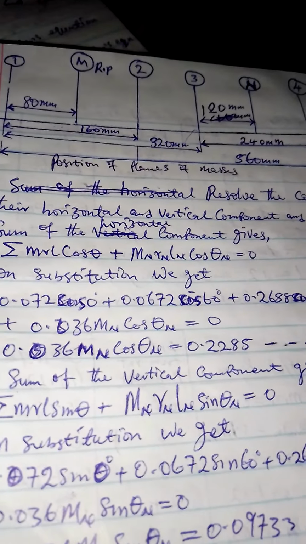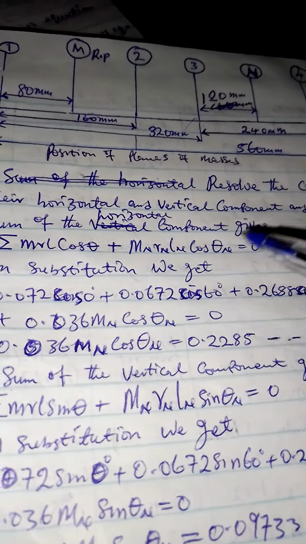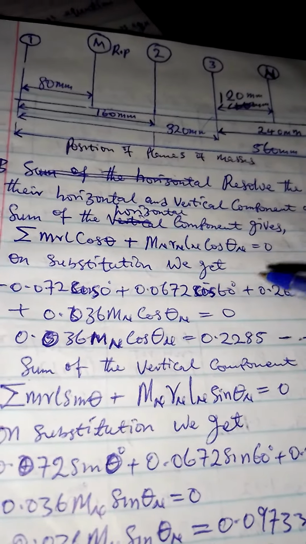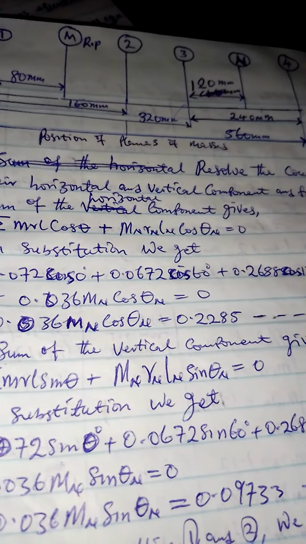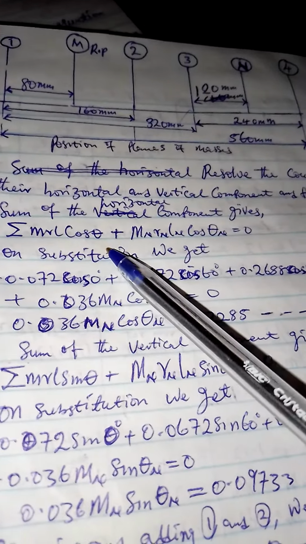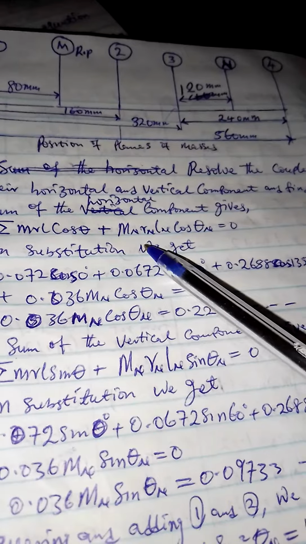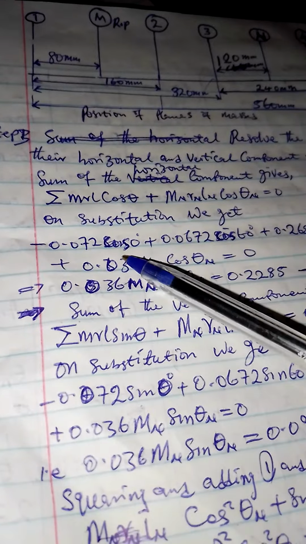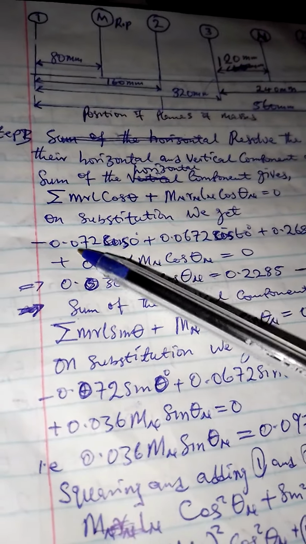So that's why we're going to resolve the couple first. So we have, resolving the horizontal component of the couple. So we have that summation of the couple cos theta plus summation of couple at position n cos theta n is equal to 0. So when you now substitute the value of couple from the table,